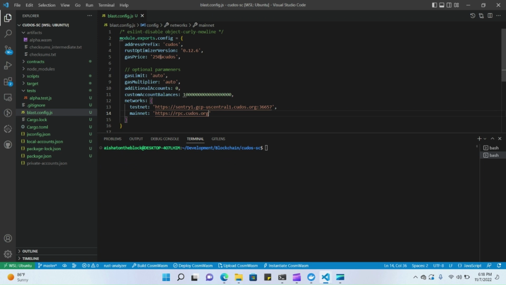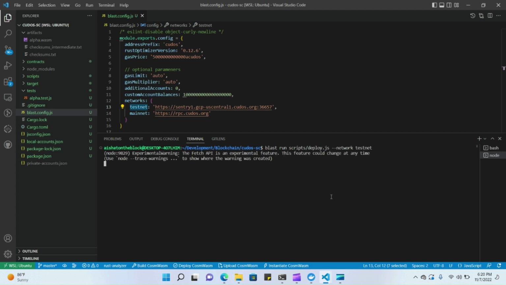Another important thing to do is that I'm going to reset my gas price here, because in the past I faced issues when I tried deploying with the gas price as low as 250 Cudos. So depending on the gas price that works for you, you may have to play around with the gas price here. To run the script, I'm going to run blast run script deploy.js,